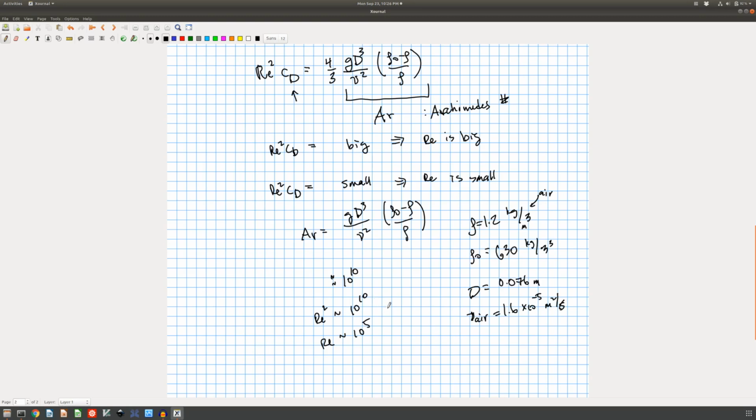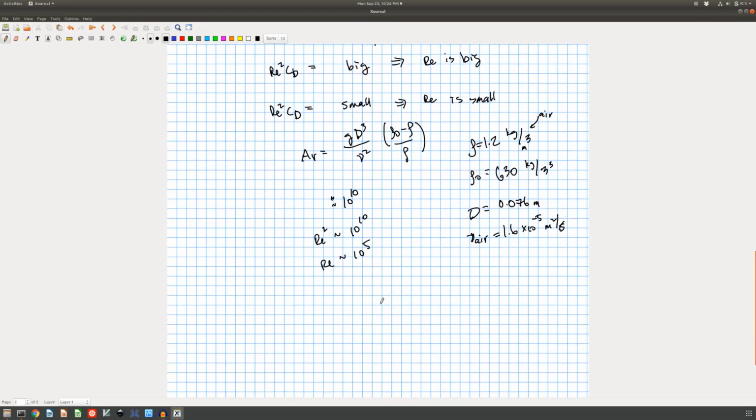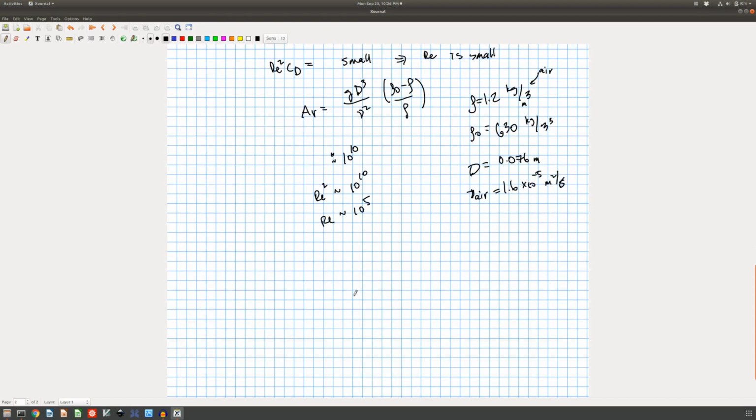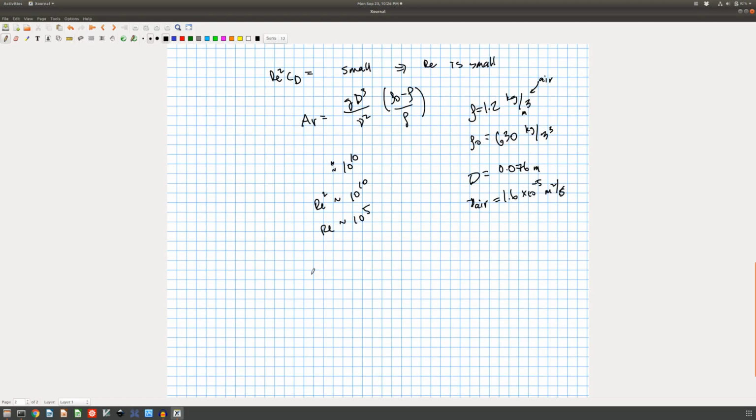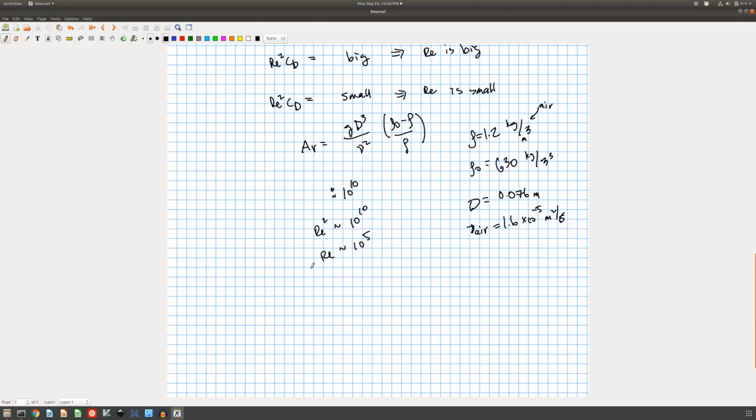All right, so I'll just finish this calculation out to show you that that's true, and then we can justify that. But that's how we're going to end up picking which CD we're going to have. So I have Reynolds number squared CD equals 4/3, and now I need to calculate this guy right there. So I'm going to pull up